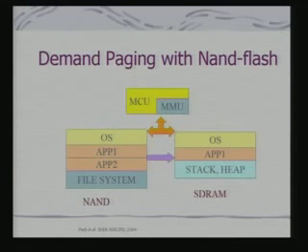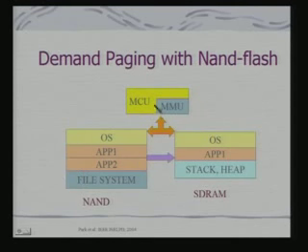NAND flash is flash which has very dense storage. It can have fast burst mode access, but its random mode access is not as efficient as your NOR flash. So if you are using NAND flash because of its density of storage, then you can use demand paging. In your NAND flash, you have the OS, you have the code for applications, application 1, application 2, you have the complete file system,